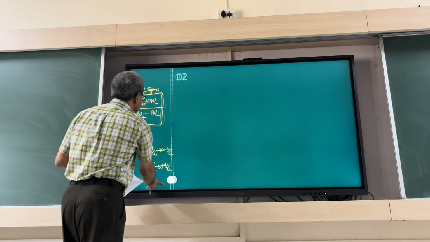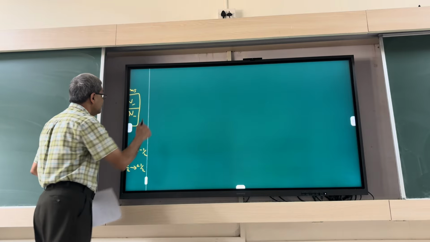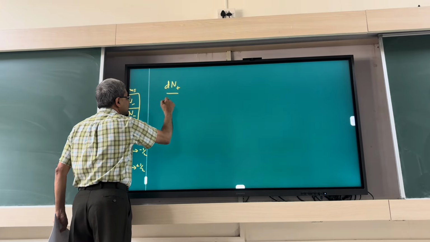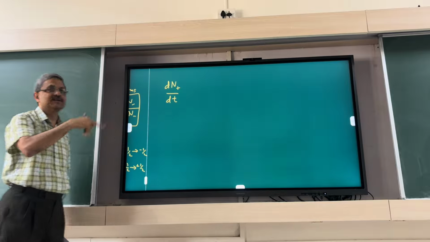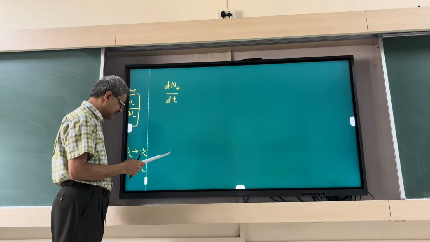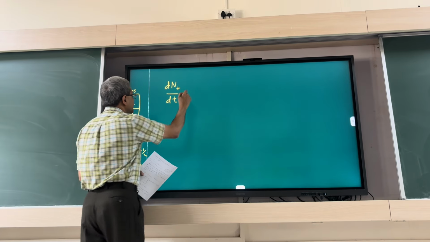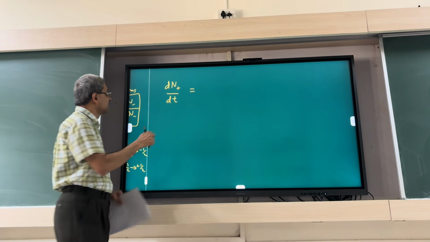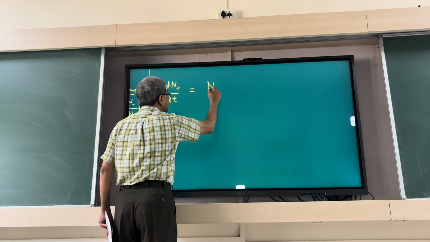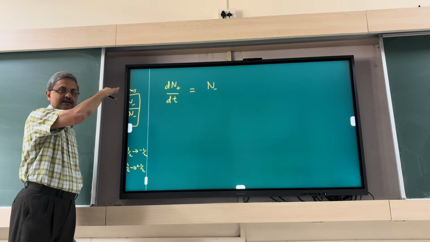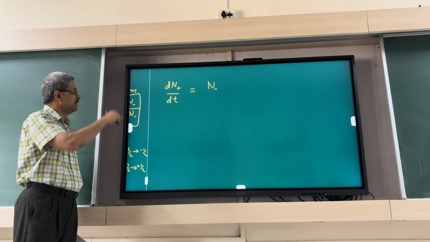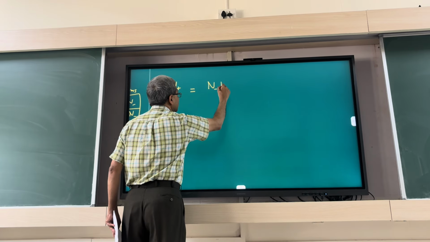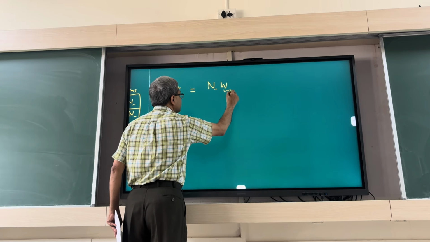Then we write the equation for the rate of change of population. You have these transitions possible, so of course the populations of these states are going to change. So let's say dn plus by dt. At what rate is the population of this ground state going to change? That is because you have some number of nuclei in the upper state and they're going to transit to the lower state. So this multiplied by W minus going to plus,